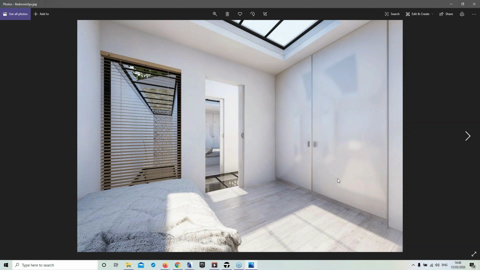So this is the interior of a small bedroom. You can see how the light penetrates, how this creates a bright environment. This is a real simulation of the sun at a specific time of the year, a specific time of the day. What I always do with the renders is try to introduce some elements, as I said, that connect to